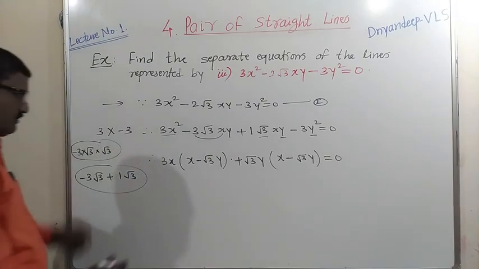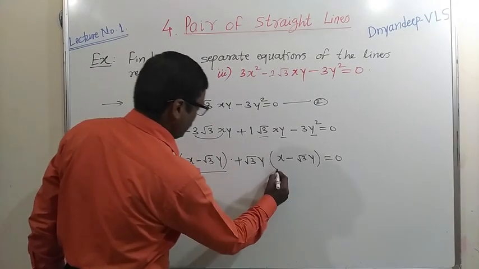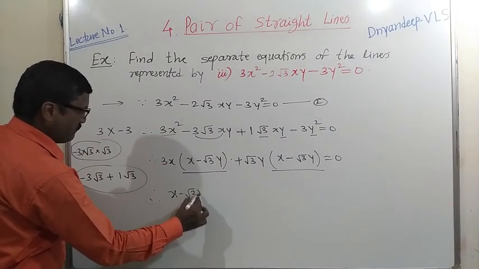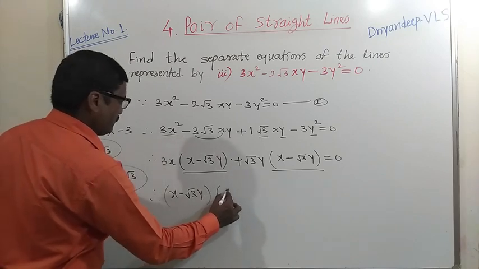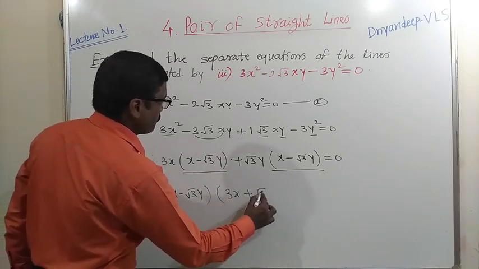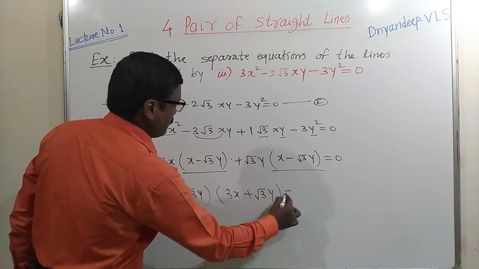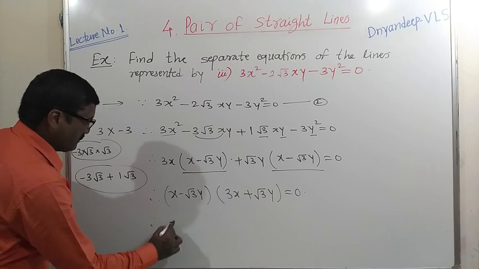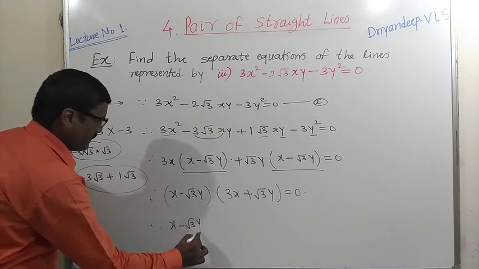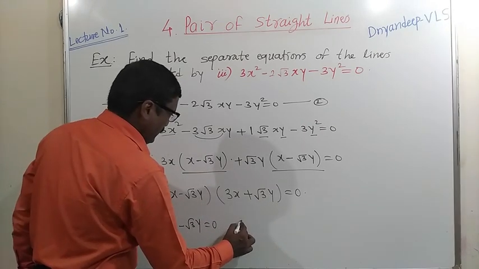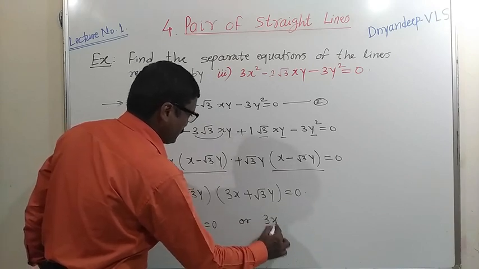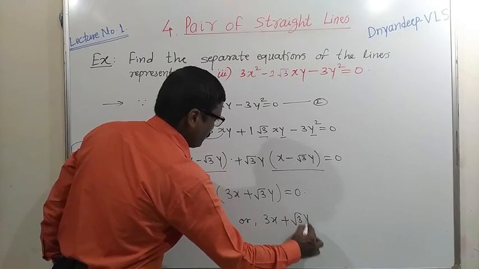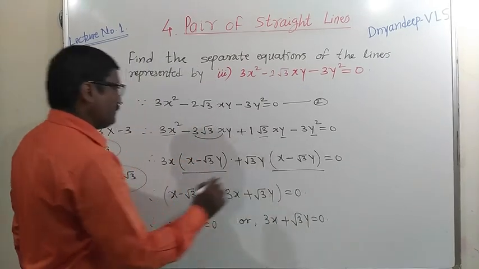Is it okay? Now take the common factor, that is x − √3y, from both the terms. So (x − √3y) in one bracket and (3x + √3y) in another bracket equal to 0. And therefore we get the equations x − √3y = 0 and 3x + √3y = 0. So these are the equations of